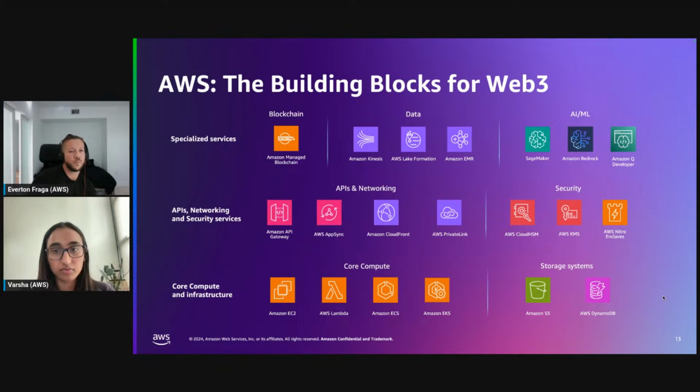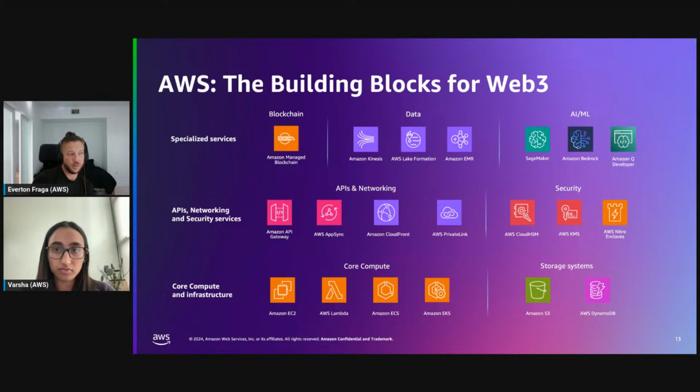And for the Web3 use cases, I would say that we have some very interesting paths, right, for our community, right? So let's start from the security, right, because that should always come first. So we have AWS Cloud HSM providing top-notch security service.